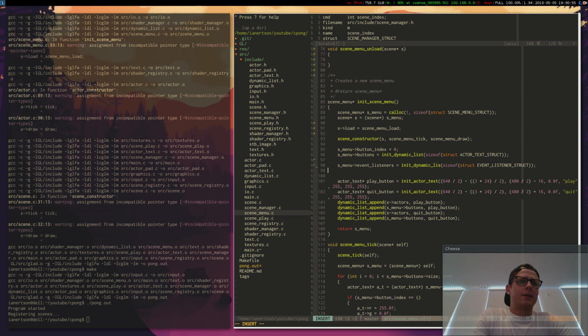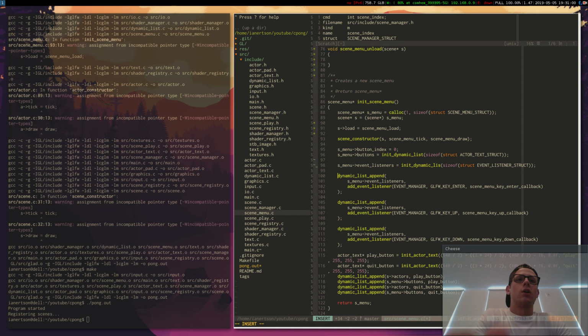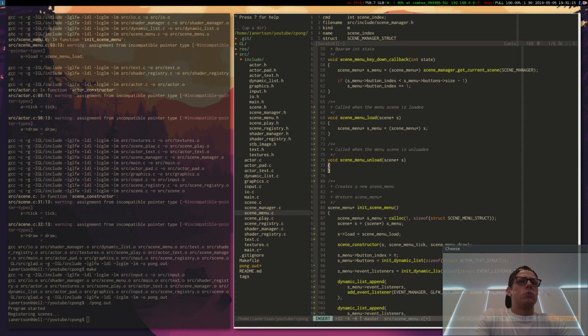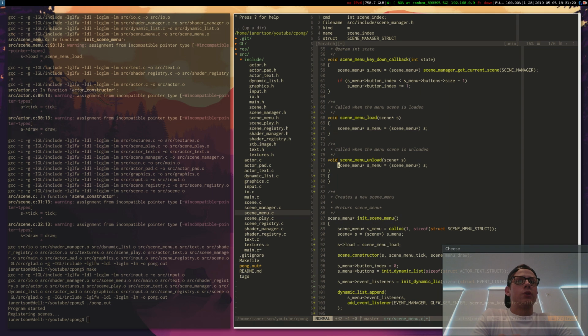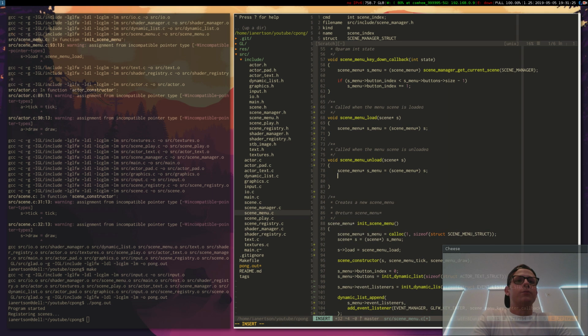I just realized how much of a bad idea this is, but it's going to solve our problem, but it's also going to cause other problems. But hey, let's just do that for now. So when we load them, when we unload them, I mean, we're gonna have to do